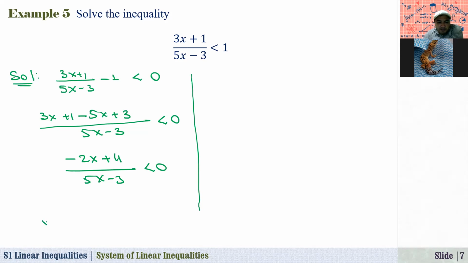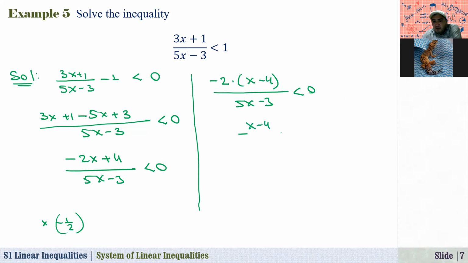Okay, if you just multiply both sides by minus 1 over 2, because here, if you take out this -2 from the numerator, I can just write it as -2 times x minus 4 over, and here we have 5x minus 3 less than 0. Now, if you divide both sides by -4, because it is a negative number, x minus 4 over 5x minus 3 will be greater than 0, because we have divided both sides by -4. So now from here,